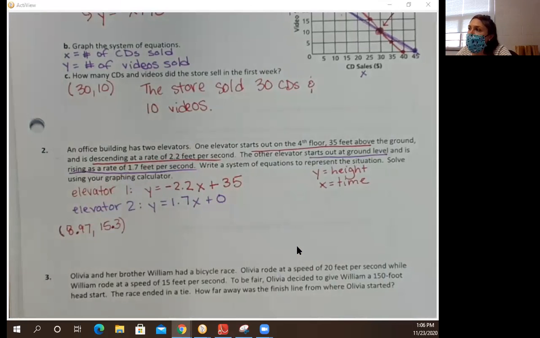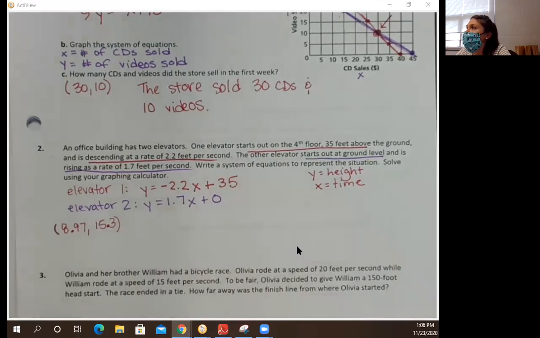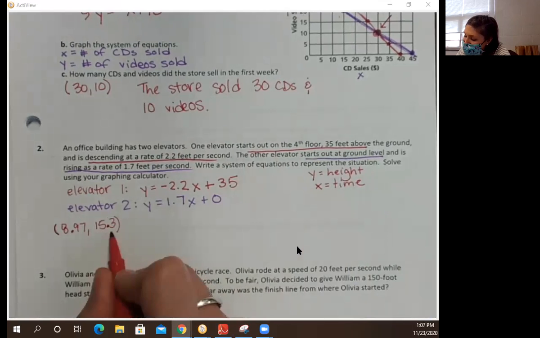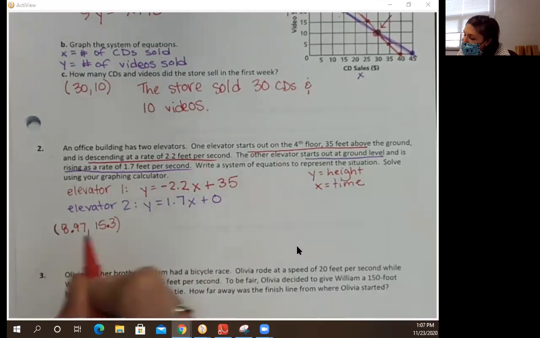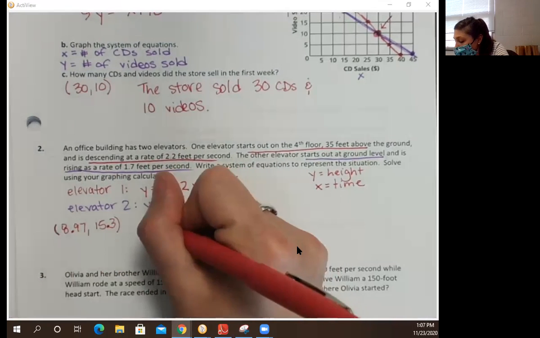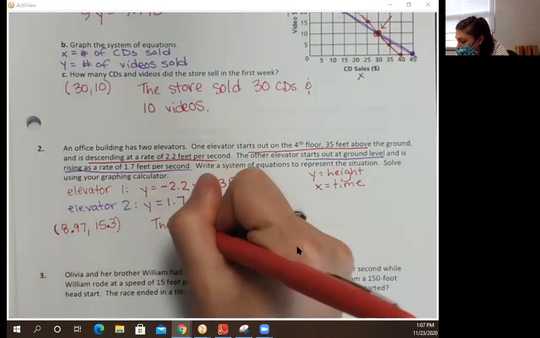Unlike last time, I'm not just giving a point for my solution. I have to say what this represents. If our problem has a context, I need to give my answer with that context. So this means that our elevators are both at this height, because y is my height, at this time, because x was my time. So I'm going to write the elevators